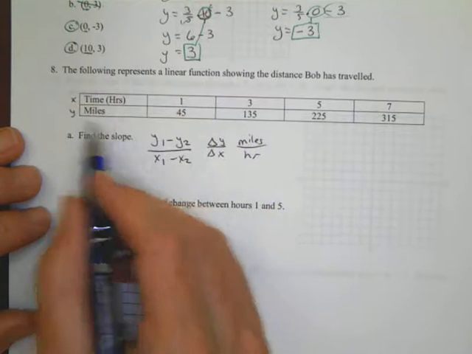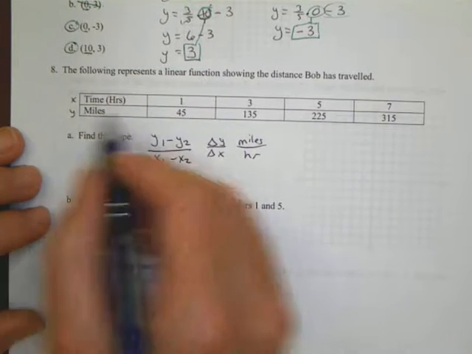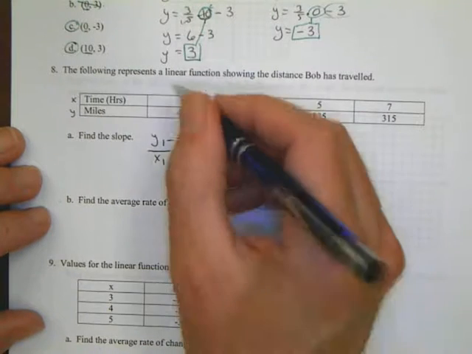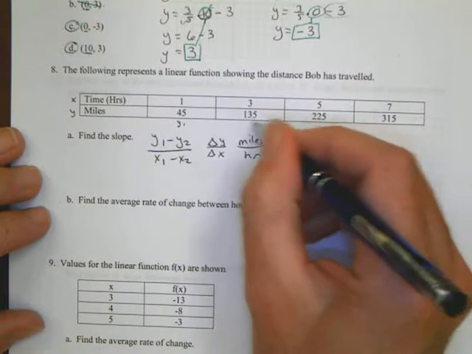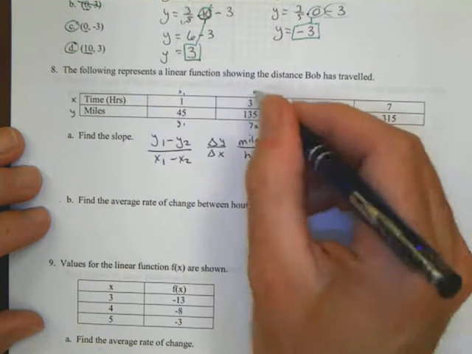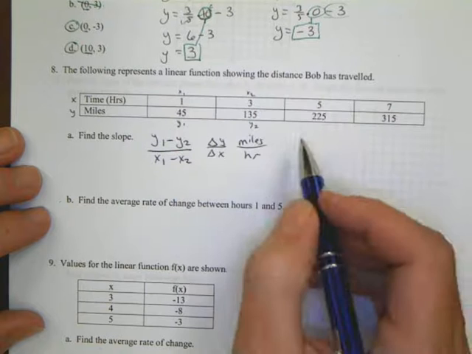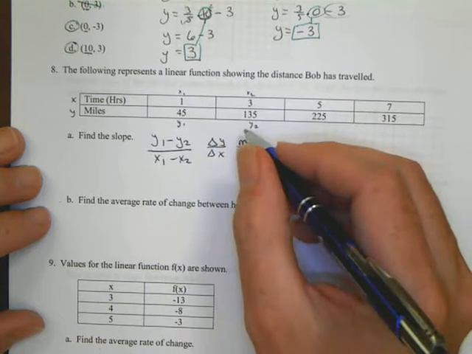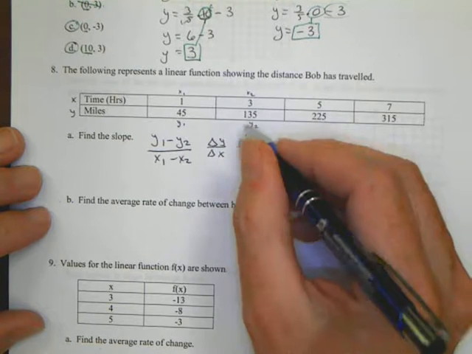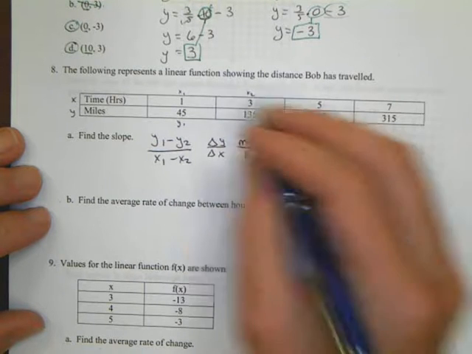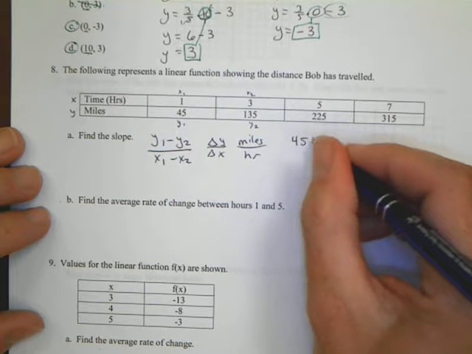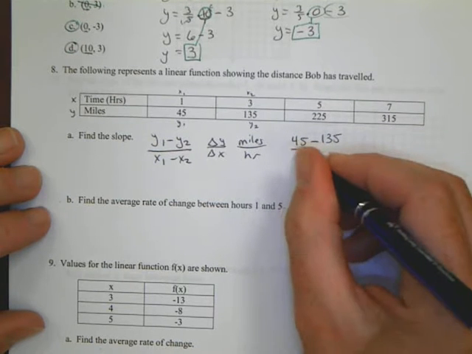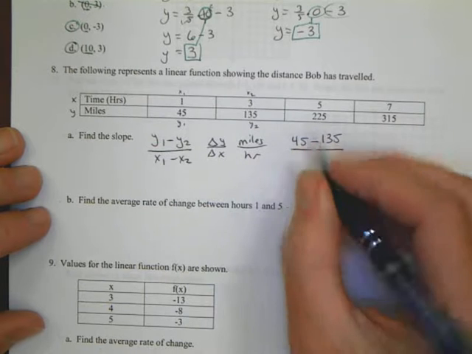And it's like a t-chart or a t-table, except it's sideways here. So let's go ahead and select a value for y1 and y2 and x1 and x2 for now. We'll use these ones. All right. So if we say y1 is 45 minus y2 is 135, and I divide that by x1, which is 1